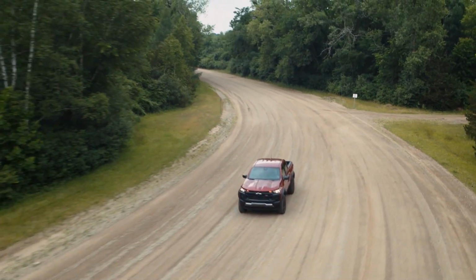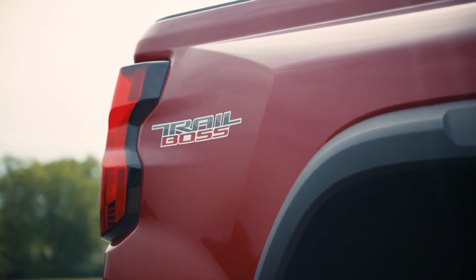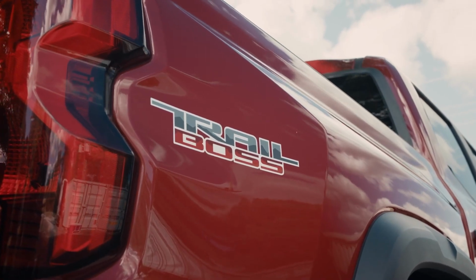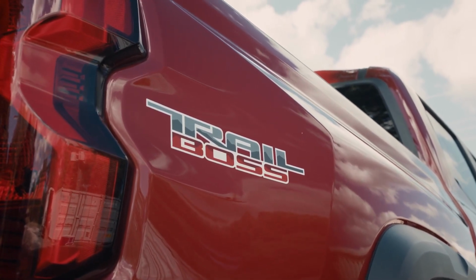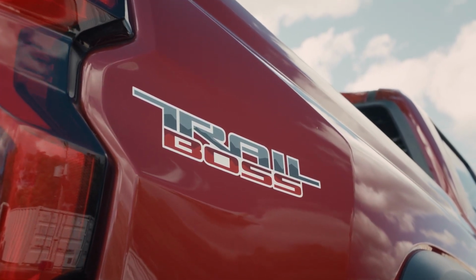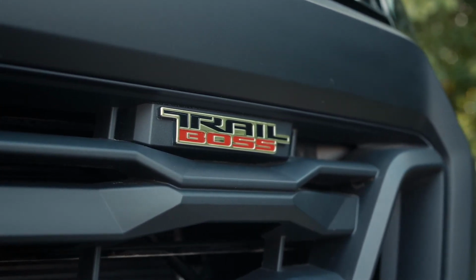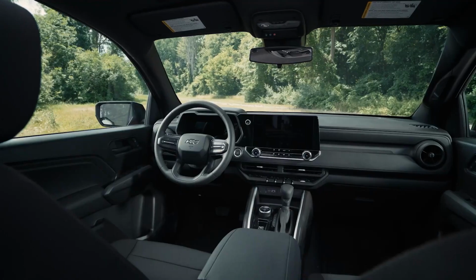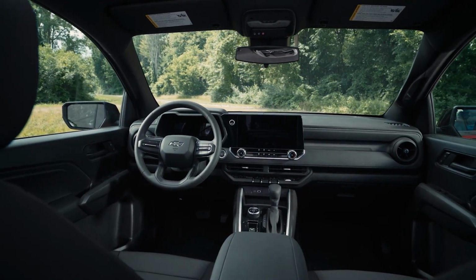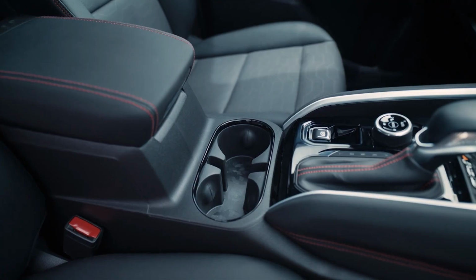So one big thing about this all-new Colorado compared to the previous models is the power plant. This 2.7 liter turbo is awesome. It's got great torque throughout almost the entire range. Works really well with the 8-speed transmission. This truck so far has been really well mannered on the road. Off-road, it's capable. It's a little stiff,